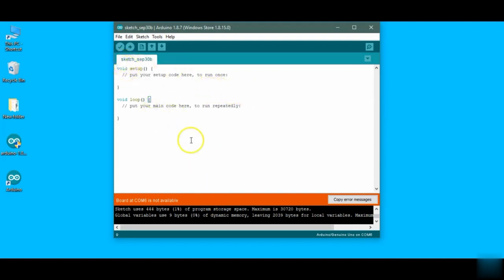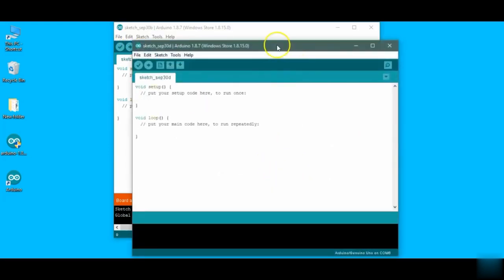Here you can write your sketch and upload it to the board. The editor part consists of two main things, that is void setup and void loop, which we will discuss in programming. A little about them: void setup is the part that defines what we are going to use in our code, and the loop is what repeats constantly, one pass after another, until our Arduino is stopped or the power is switched off. And then